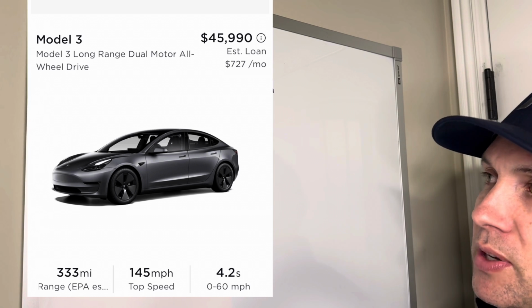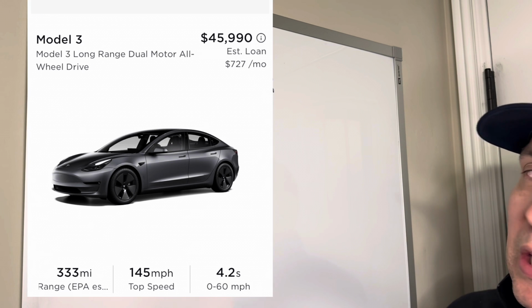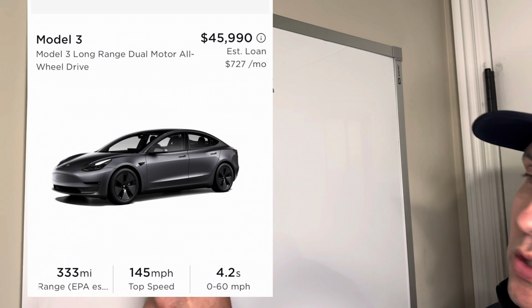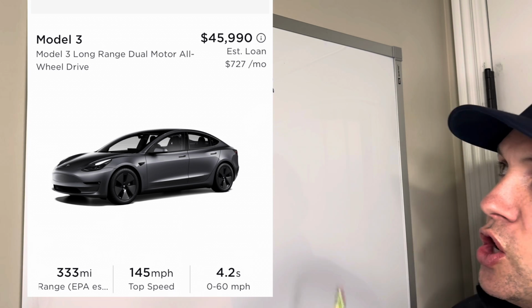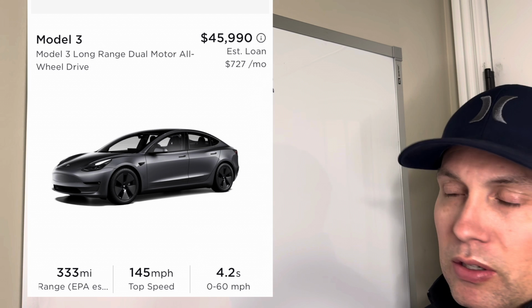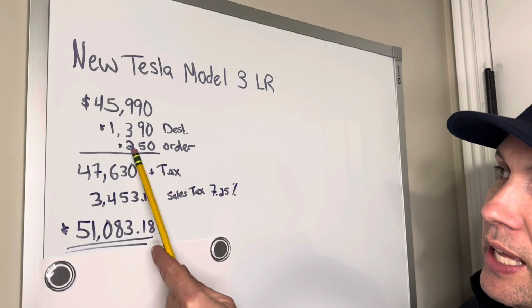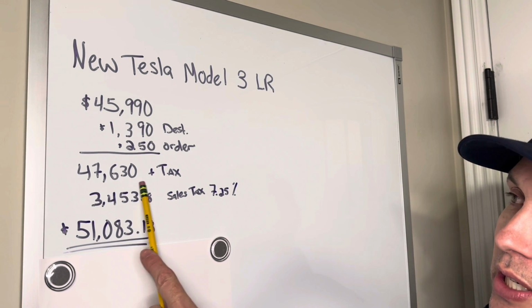There are some incentives. I couldn't find any discounts on brand new Model 3 in-stock vehicles, so the cheapest one I could find is just the base price ones, the MSRP price. So $45,990 is the cheapest new Model 3 long range I could find on Tesla.com in my area. There is a destination fee of $13.90 and a $250 order fee. That brings the total price before tax, registration, and other fees